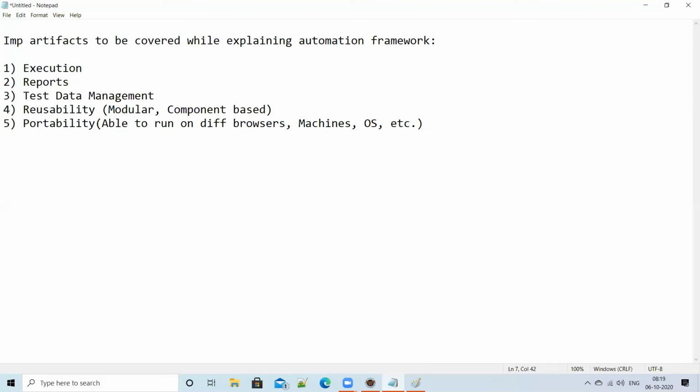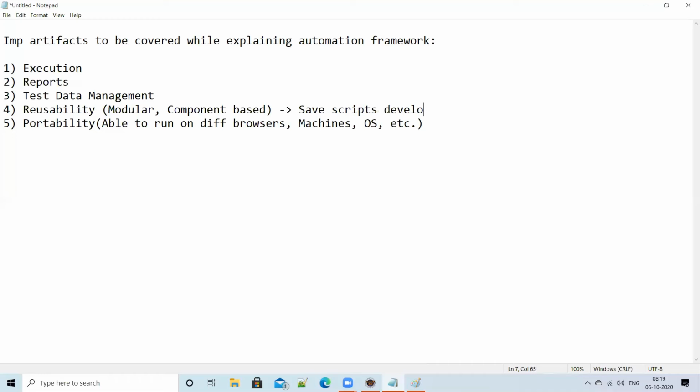Whatever code you write, try to make that code a reusable component, a reusable method, in other words. That is very important. That will save the time.